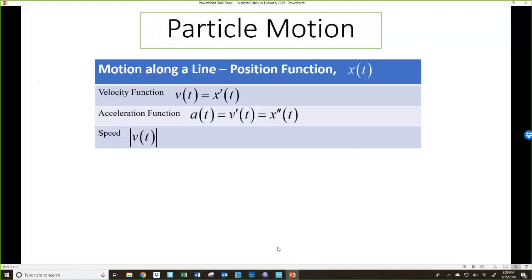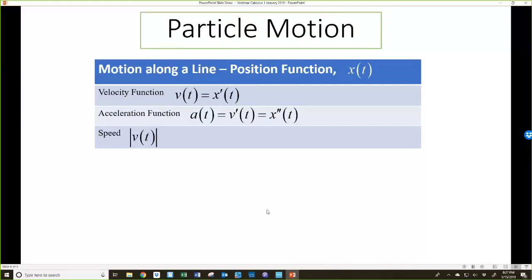So I, again, have an anchor chart with this information in my classroom. They also have some pages in their notebook about this, and this is just a reminder of some of the things that they need to make sure they know, and that's from first semester working with derivatives about particle motion. Sometimes in textbooks this is covered lightly, and so you would have to supplement possibly some motion along the line